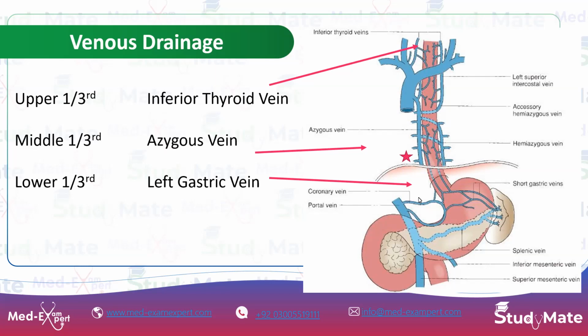अब अगर आप यहाँ पे देखें, you can see there is a red star. This red star is showing the portosystemic anastomosis। जो पोर्टल वीनस सिस्टम होता है और जो सिस्टेमिक वीनस सिस्टम होते हैं ये आपस में यहाँ पे एनास्टोमोस करते हैं। तो जब भी इसोफेगस की ड्रेनेज के वेन्स का प्रेशर इंक्रीज होता है पोर्टल हाइपरटेंशन में, यहाँ पे इसोफेजियल वेरिसेस बनती हैं और जो बाद में ब्लीड करती हैं। तो इस रेड स्टार वाली जगह पे जो पोर्टल सिस्टम का पार्ट होता है वो है लेफ्ट गैस्ट्रिक वेन या जिसको कोरोनरी वेन भी कहते हैं, और जो सिस्टेमिक पार्ट होता है वो होता है एजाइगस वेन। ये यहाँ पे एनास्टोमोस करते हैं और अगर पोर्टल सिस्टम का हाइपरटेंशन हो तो यहाँ पे इसोफेजियल वेरिसेस बन सकती हैं।